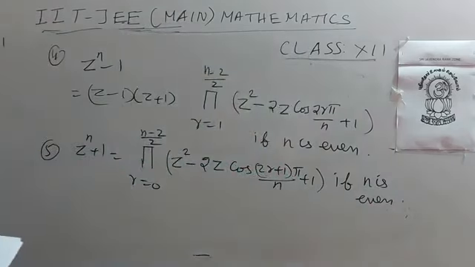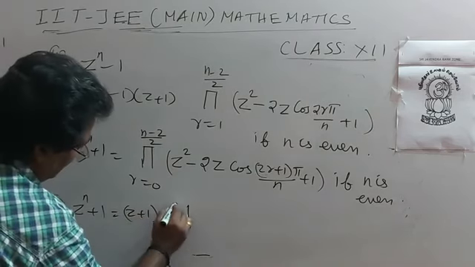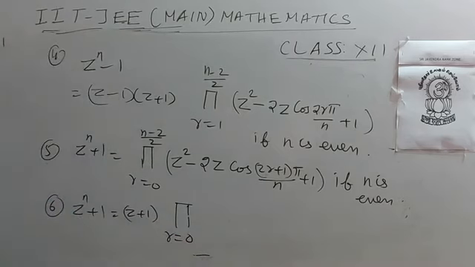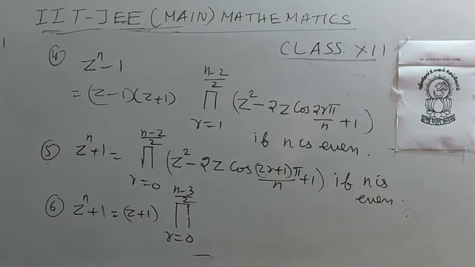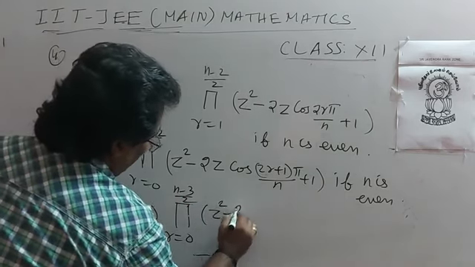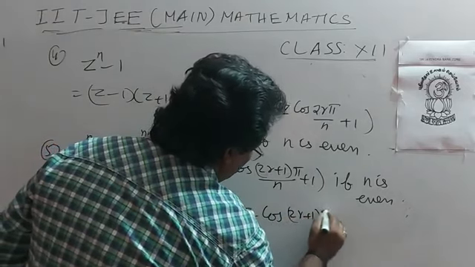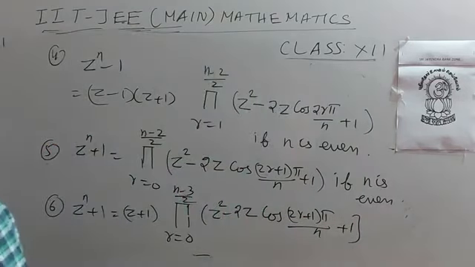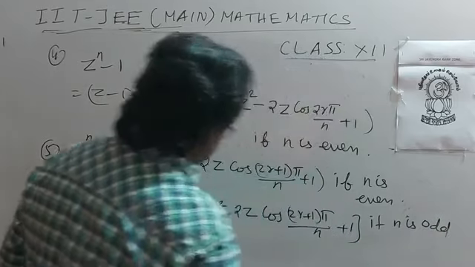If n is even, z power n plus 1 equal to z plus 1 into product r equal to 0 to n minus 3 by 2 of z squared minus 2z cos 2r plus 1 into pi by n plus 1. If n is odd,